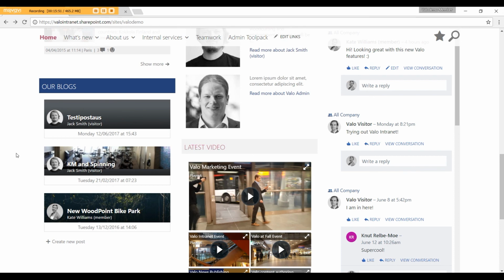So in Office 365, in Delve, every user has their own personal blog, and the latest blog entries are displayed by our web part called Our Blogs. Now you could either navigate to the Delve profile and from there create your own blog post, but we have created a shortcut to make it easier. So there's a button here called Create New Post. So the user, all they have to do is click on this button,